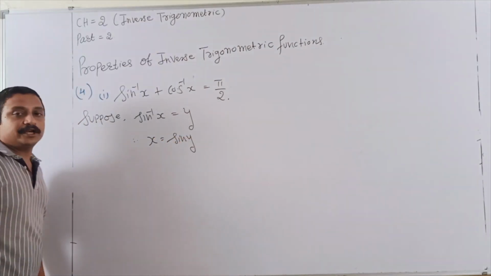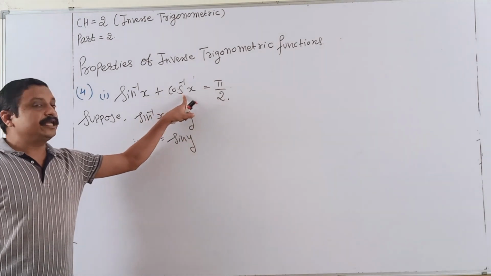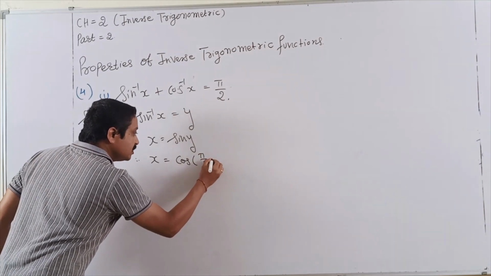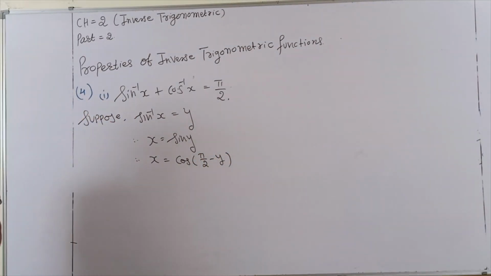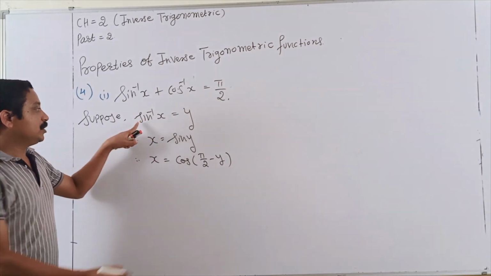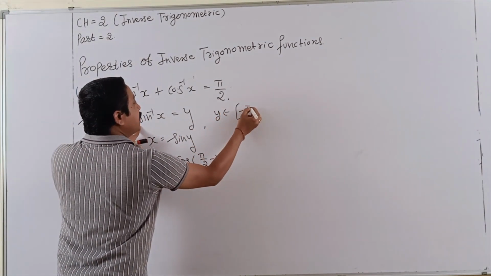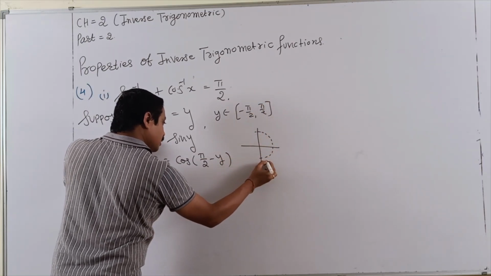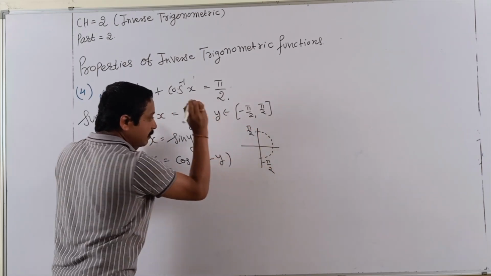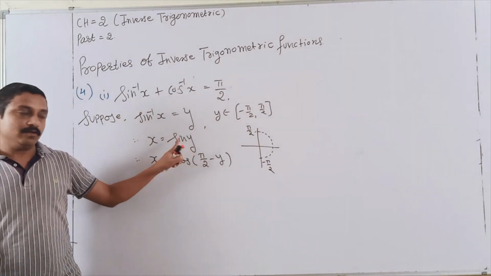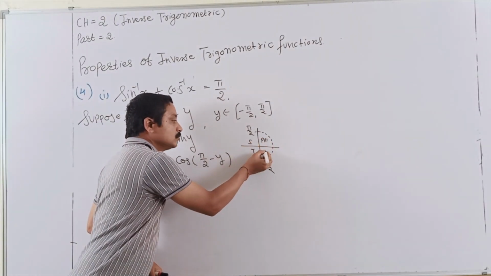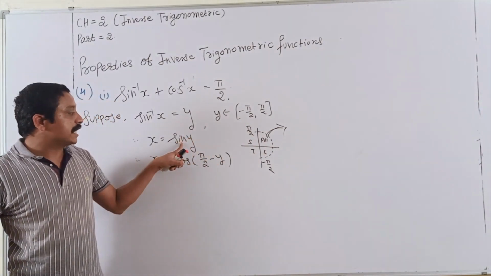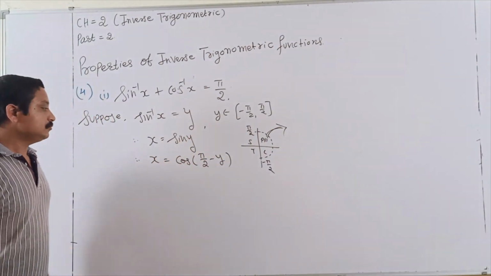Yes, it is converting into sin y. Now I want it in terms of cos. So you know that it is cos of 90 minus the angle. Why have I written 90 only? Because the range is minus pi by 2 to pi by 2, and I want it only in this range. Here you have minus pi by 2, here plus pi by 2. So in terms of sign, positive, all STCY is only here, meaning the first quadrant. You are not showing the fourth quadrant because in the fourth quadrant the sin function is negative.